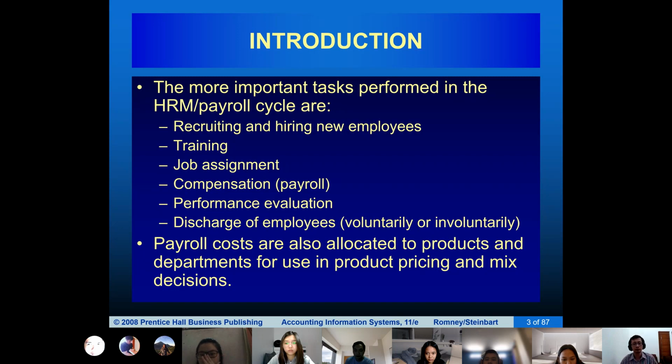Okay, so dealing with humans is quite a complex business. For example, with recruiting and hiring new employees, it is quite difficult to recruit proper employees.